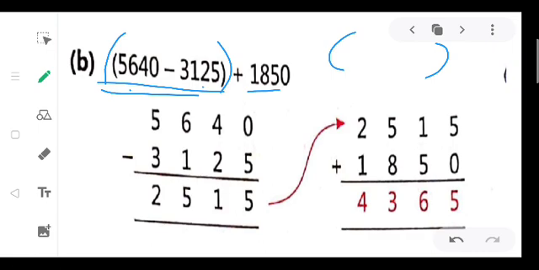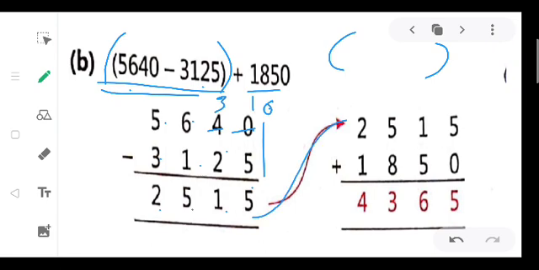So this is subtraction. First write this and subtract it. We can't subtract directly, so we will borrow from the tens, it becomes 3. Here the borrow goes and it becomes 10. 10 minus 5 is 5. 3 minus 2 is 1. 6 minus 1 is 5. 5 minus 3 is 2. Now we got the difference.